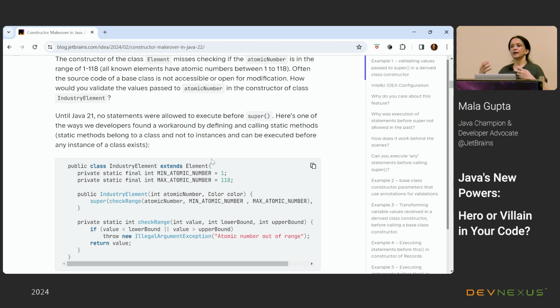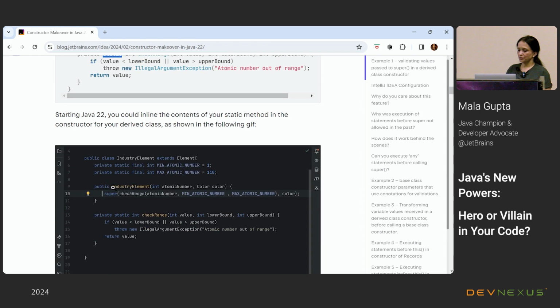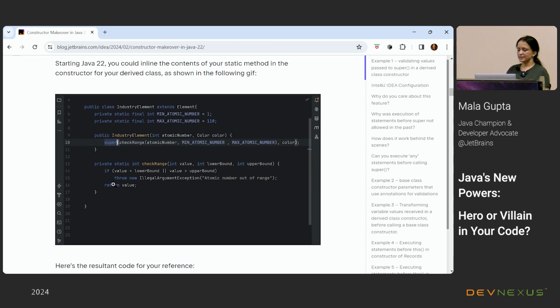So, what do I do? I validate those values in my derived class, before passing them to the base class constructor. This is how I would have done it earlier, by creating a static method, but now I could inline that code, and this is how the code would look.